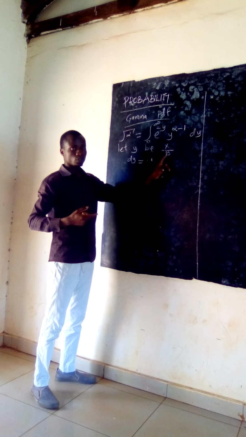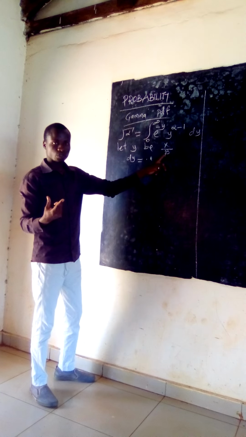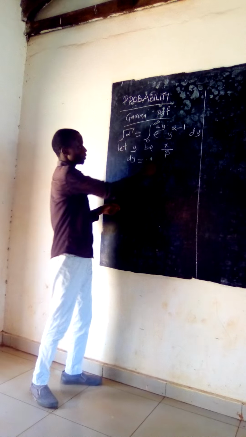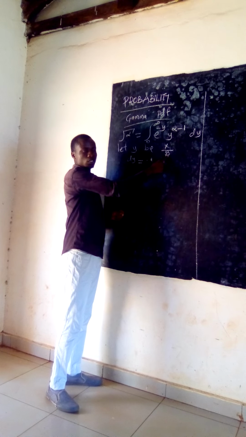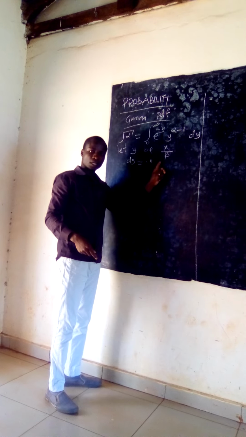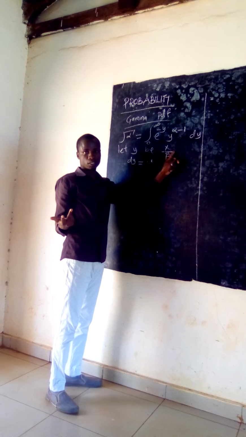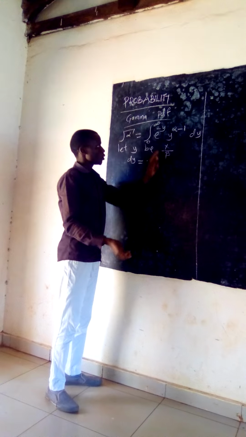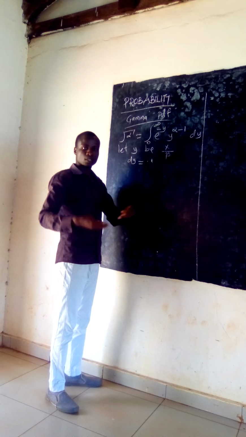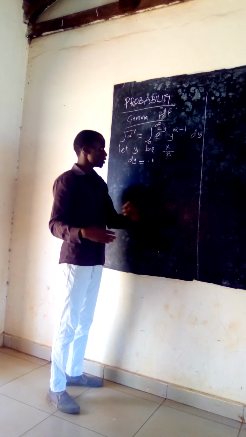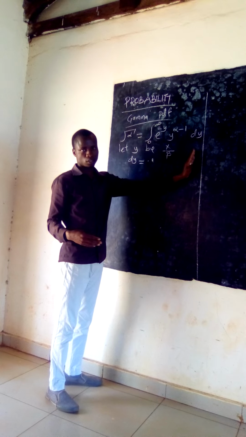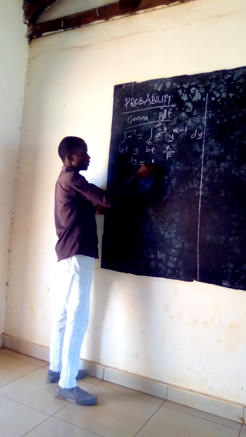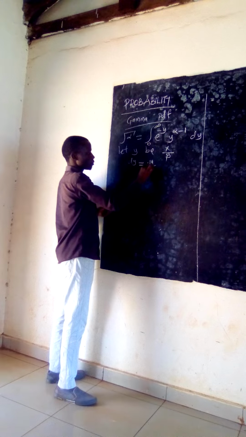To differentiate this, remember x over beta is the same as 1 over beta times x. Differentiating 1 over beta x gives just 1 over beta. So I end up with 1 over beta